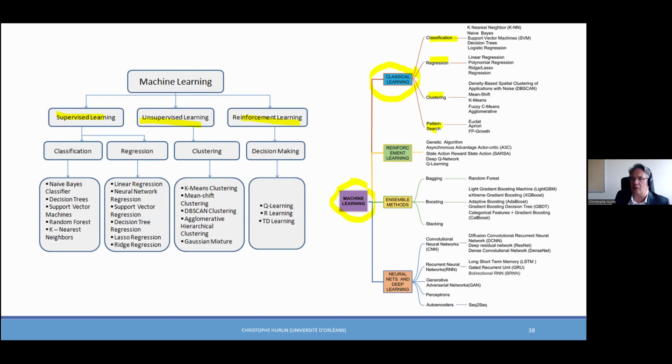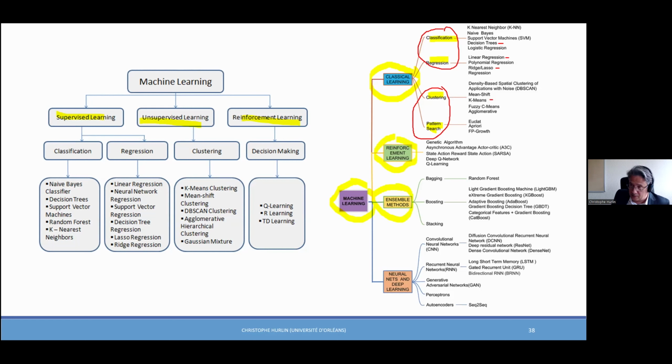So we have here supervised learning, here unsupervised learning, and we see the same names of algorithms. For instance, the linear regression, the ridge, lasso, some penalized regression. Here you find the decision tree, whatever. The k-means here. We have the reinforcement learning, which is particular. And here we have another set, which is the ensemble methods.